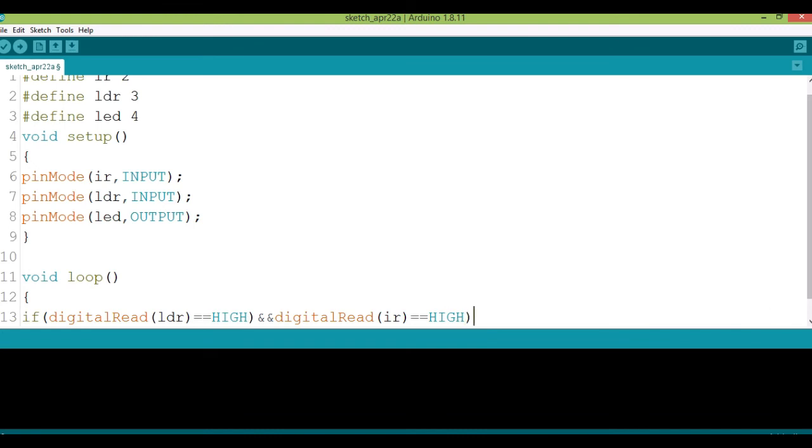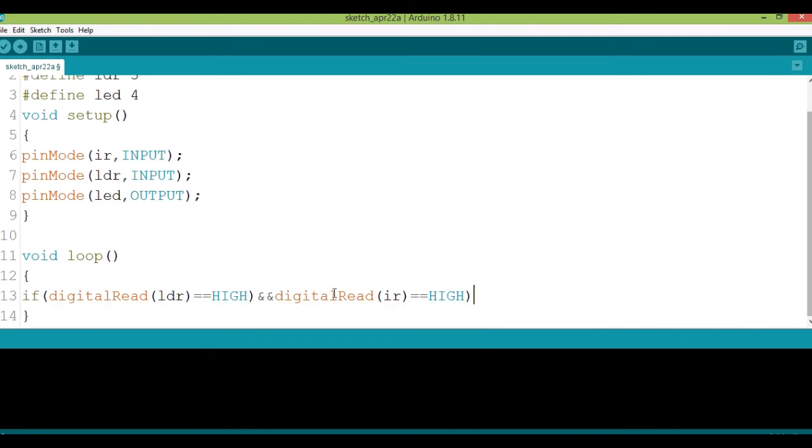Okay, here what does this mean is, if it is dark, the LDR high means if it's dark and IR is high, that means if there is any vehicle in front of the IR sensor, then the LED should be switched on, isn't it?